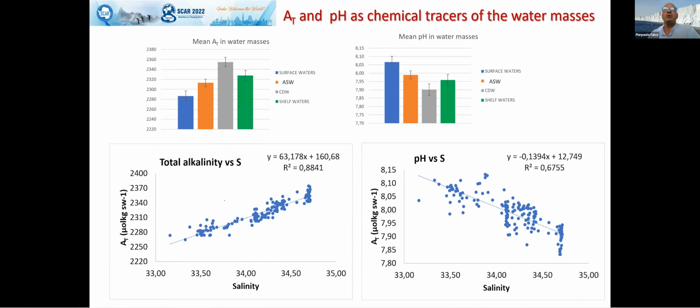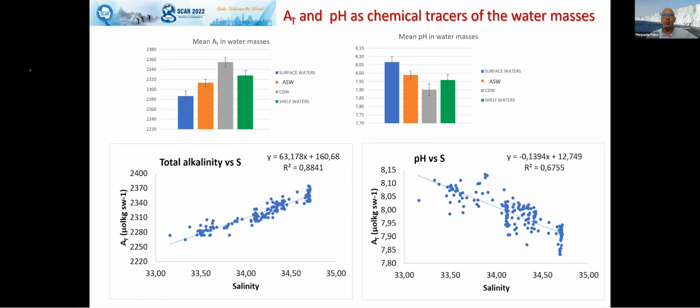But we also use chemical parameters to describe the Amundsen Sea water and all the other water masses. Here in these two bar plots, the mean total alkalinity and mean pH are represented for each water mass we identified, and we can see that there is a clear significant correlation between total alkalinity and pH with the salinity. There is no correlation with temperature, but considering that the total alkalinity is traced by a clear value, and it is different with respect to the other total alkalinity values measured for the other water masses, we can say that the total alkalinity as well can be considered a chemical tracer for the Amundsen Sea